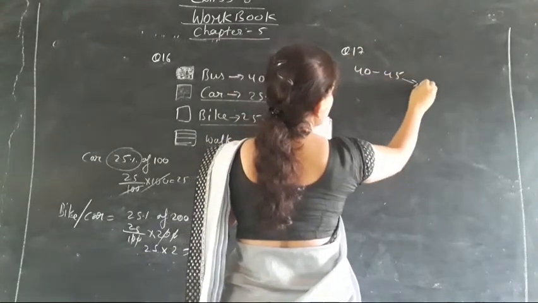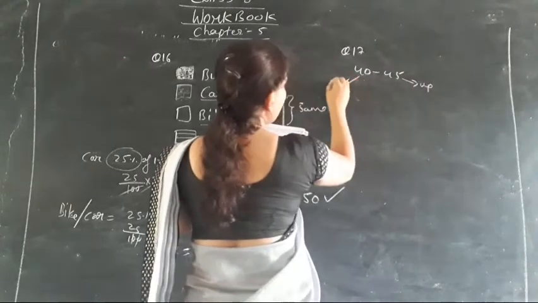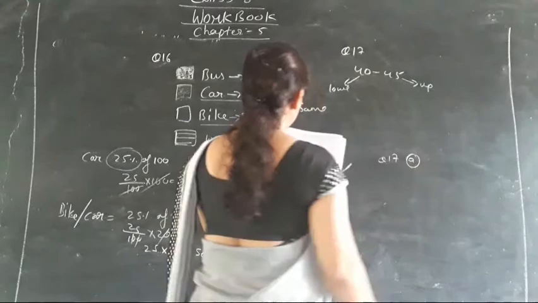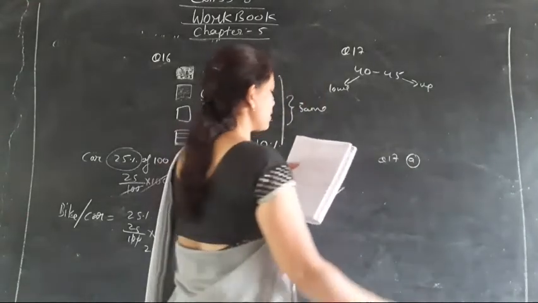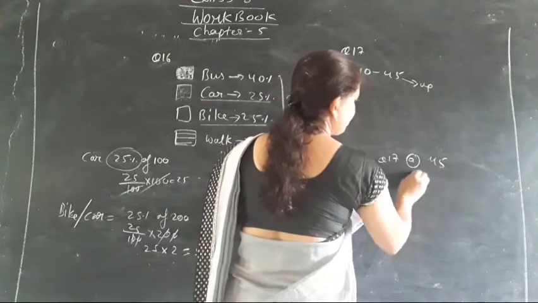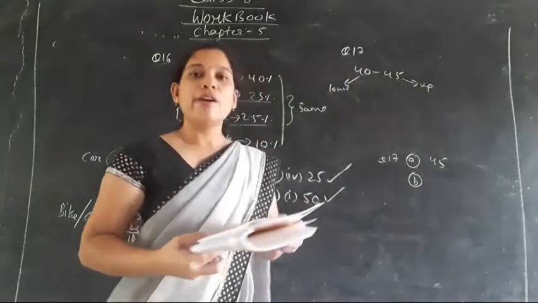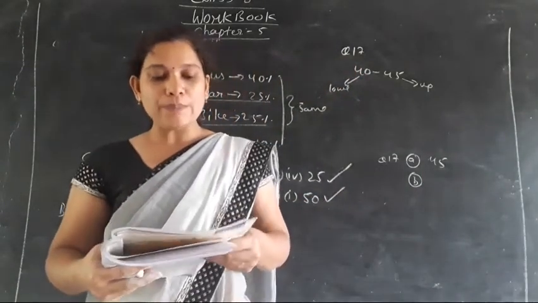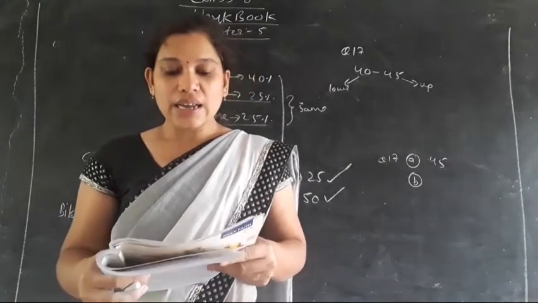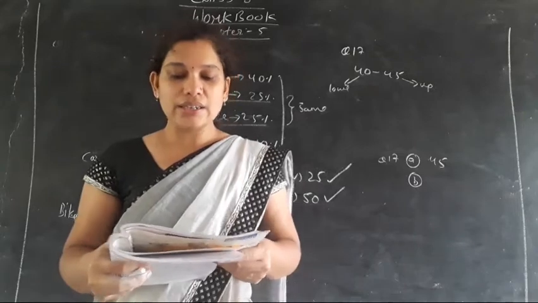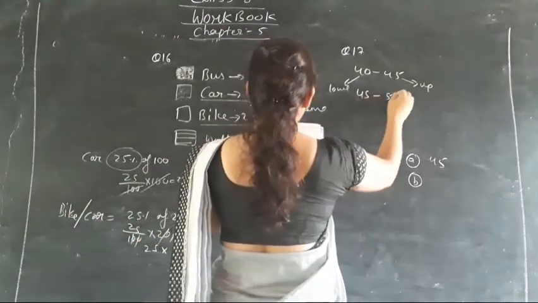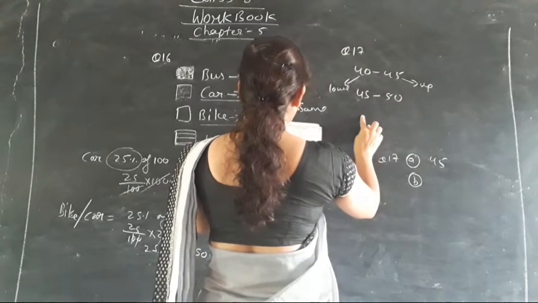As we know, this is the upper limit and this is the lower limit. So for question number 17, A part, it is said to write the upper limit of the first class interval. So this will be the answer. Upper limit is 45. Okay, for the 17th, right? Write 45 as an answer in your book. Moving toward the B part of the question, here it is said to write the class size of the second class interval. The second class interval is 45 to 50,